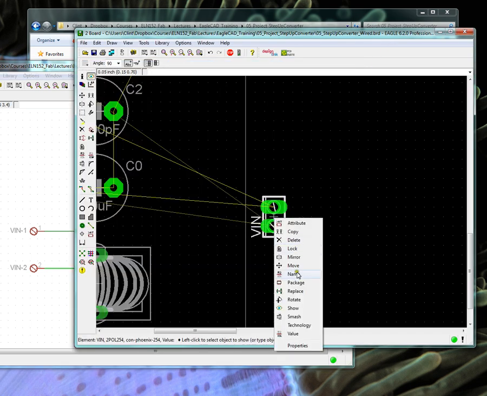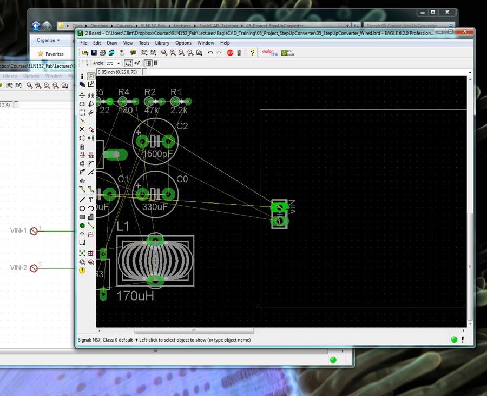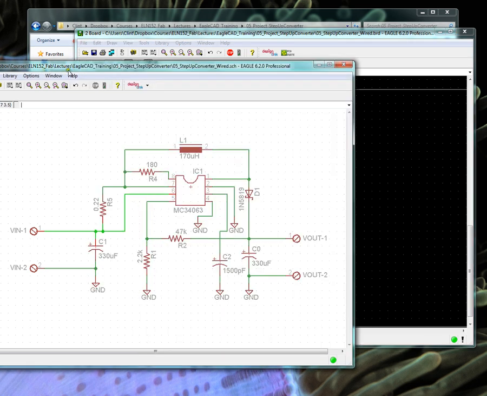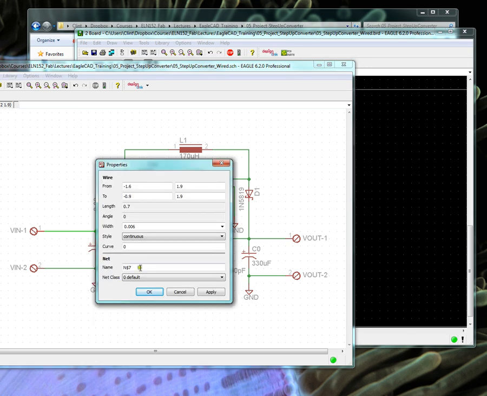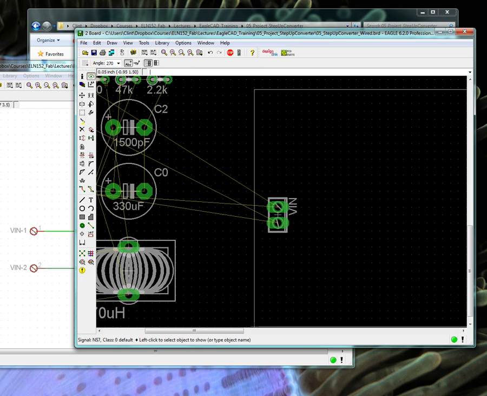I want VN on top, so I'm going to rotate it. I'm going to say move, and then just right click a couple of times and then rotate that. Now if I click, there you go. If I click that, then that's my VN. Okay, you can actually call that net VN if you want. You can actually come over here and say properties, and you can call it VN. Now, when I click on that with the eyeball,